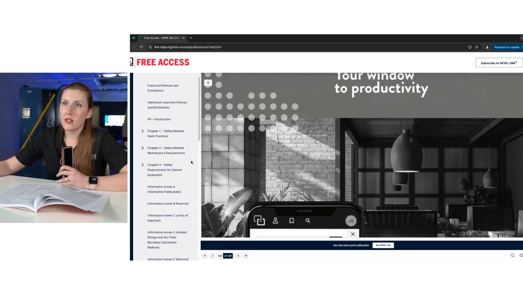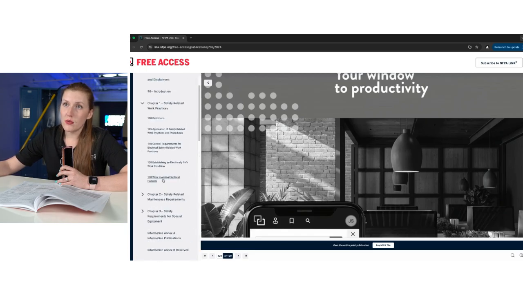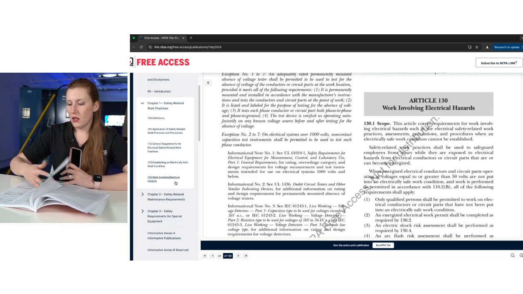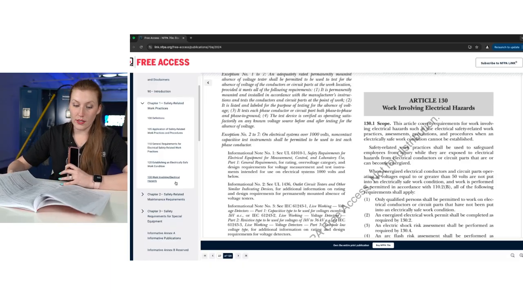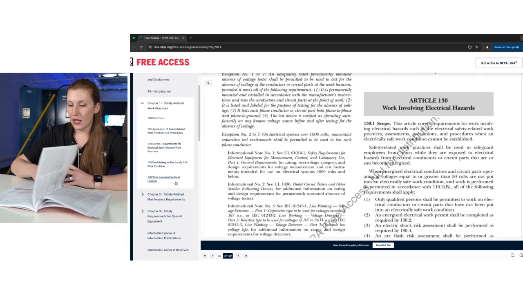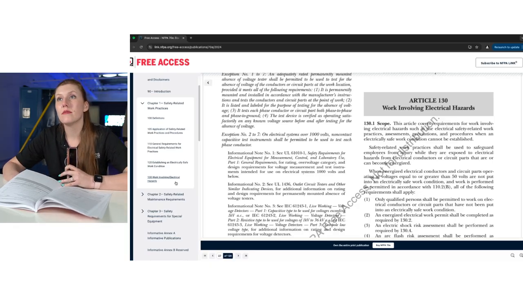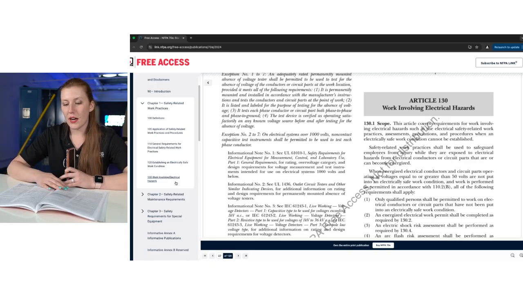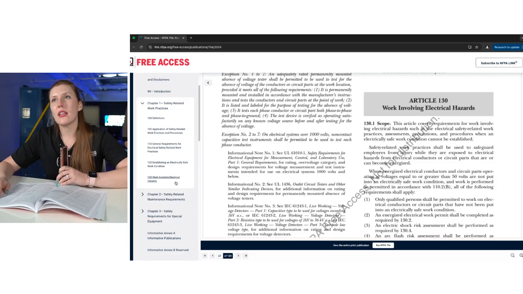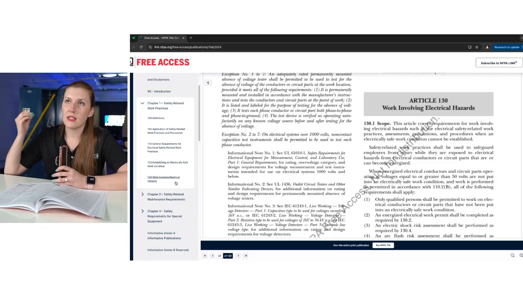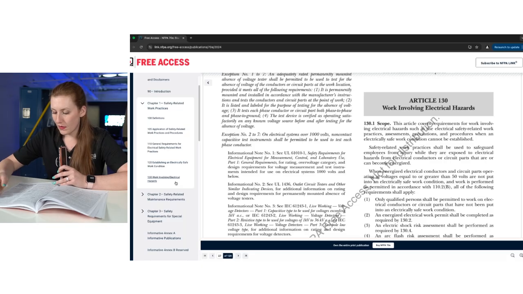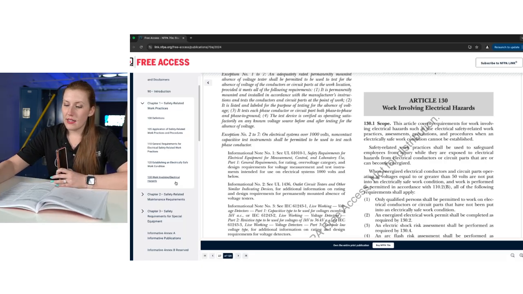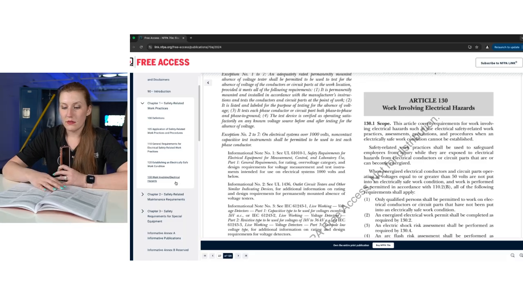Oops, I skipped to the end. When it comes to Chapter 1, the biggest clarification is the fact that you can have other types of gloves, not just leather protectors. You could have other approved, mind you, tested and approved options there. We've got some informational notes. We've got the clarification that live, dead, live happens at each point of work. Okay? That is by and large the majority of the clarifications that you need to keep in mind.